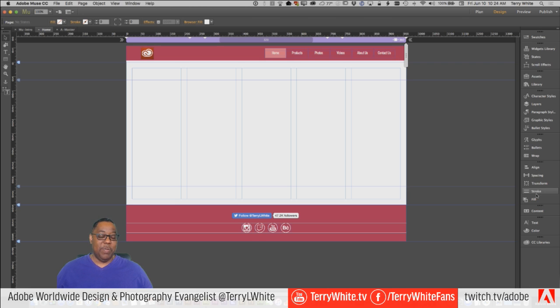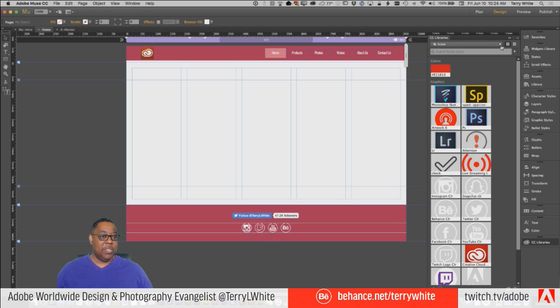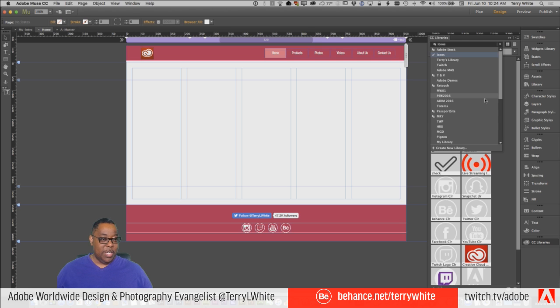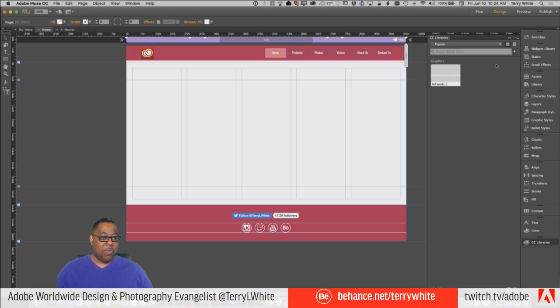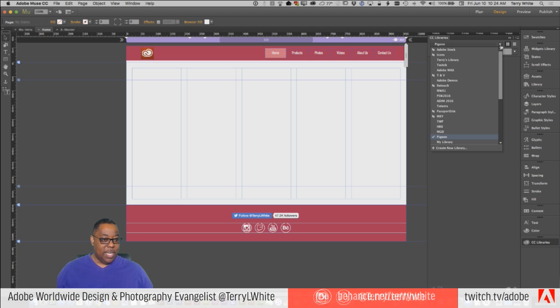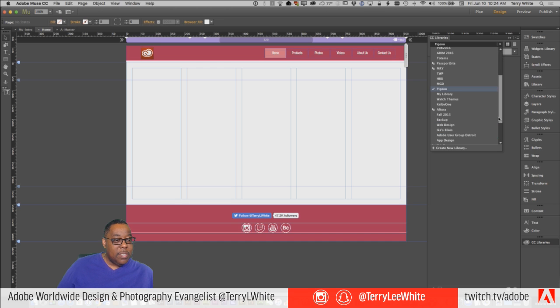But anyway, the graphics you bring in, the only thing you have to think about is how will they be handled at all the various sizes. So for example, let's say I go to my CC libraries, which I've got some libraries here for logos or icons. I've got one here for a website that we kind of worked on before, the Pigeon website, which doesn't have a lot in it. Let's see, I thought I had another library. Here, let's scroll down. Here we go.